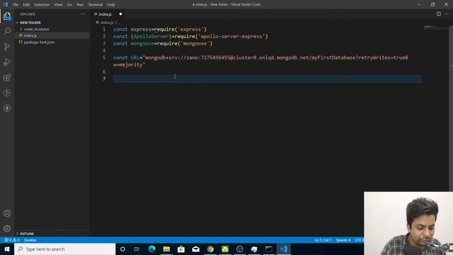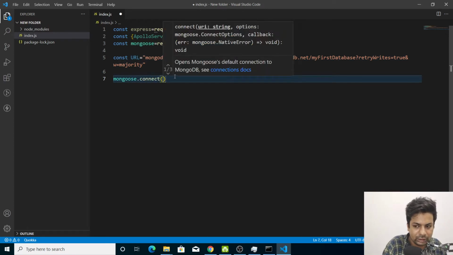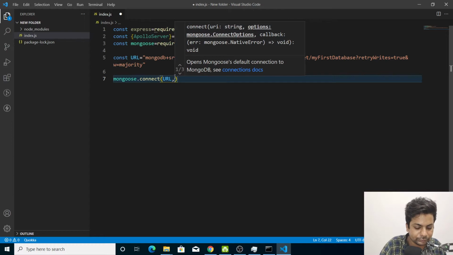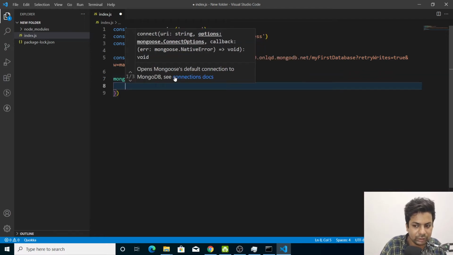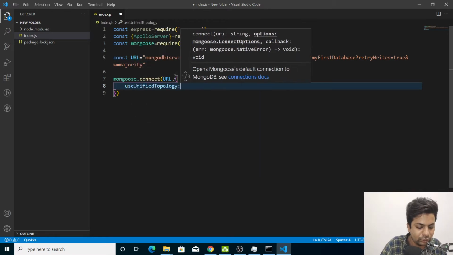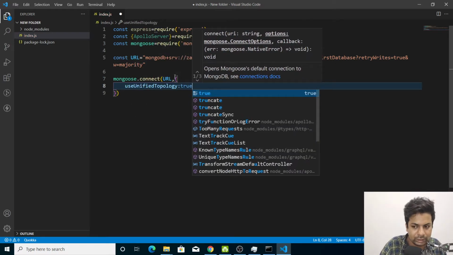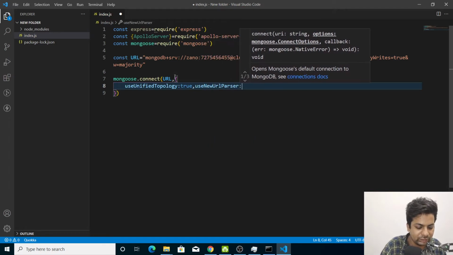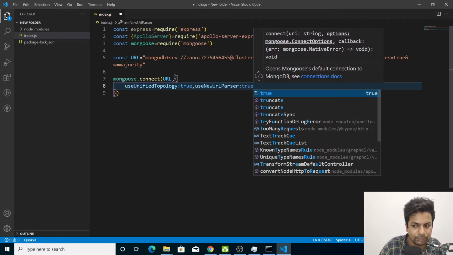Now we'll say mongoose.connect, and here we'll give the URL. Now pass some key-value pairs: useUnifiedTopology, we make it true, then useNewUrlParser, we make it true.